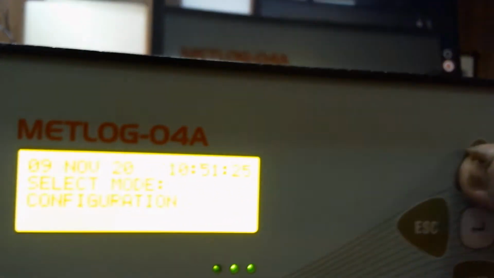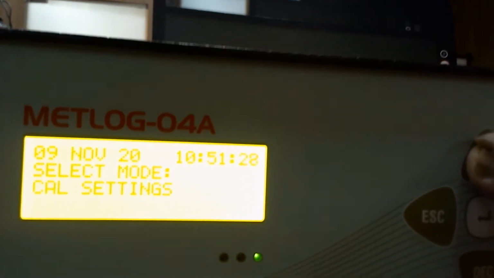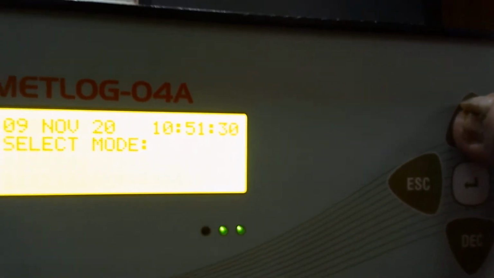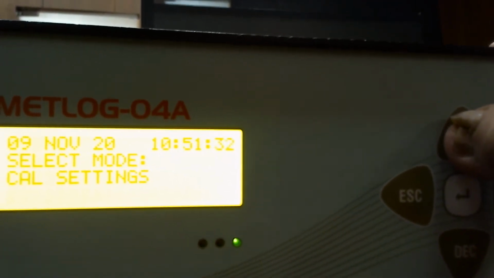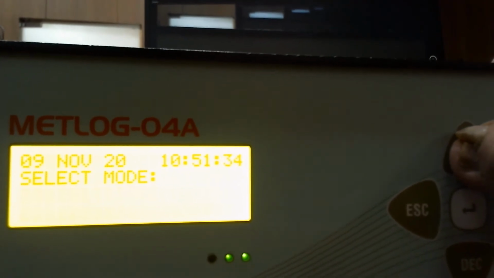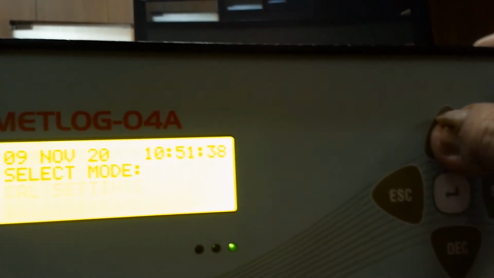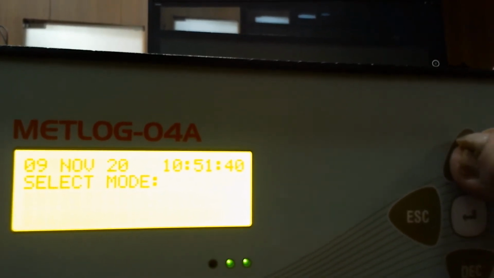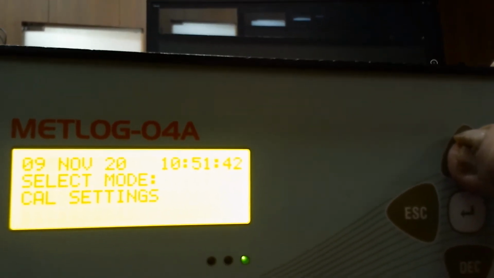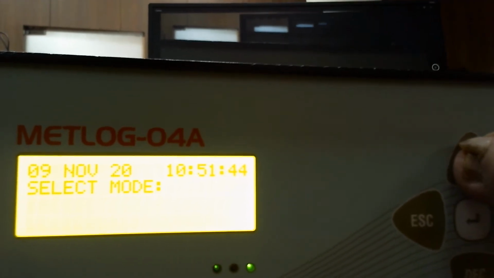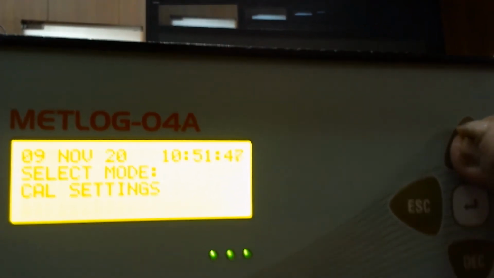So the next mode is calibration settings. When is this calibration setting required? When doing the calibration of the sensors, temperature sensor, wind sensor, pressure sensor, to compare with the help of standard sensors, then to give the certificate for the airport authority.